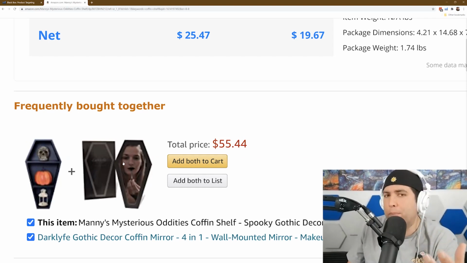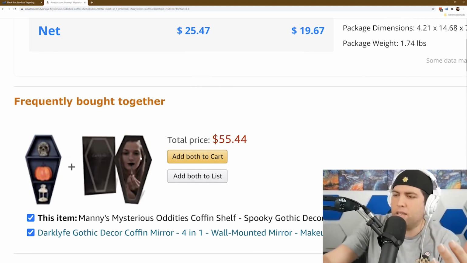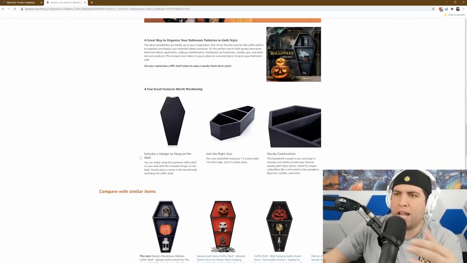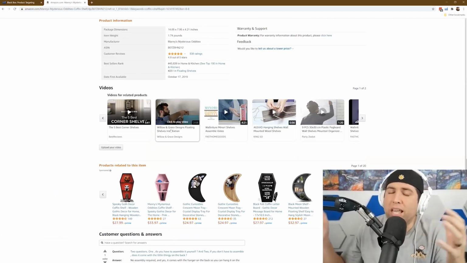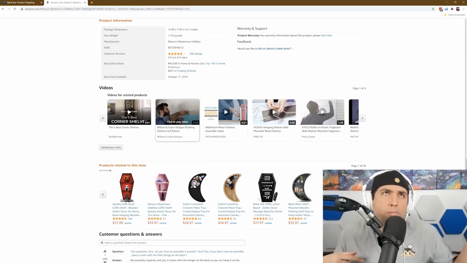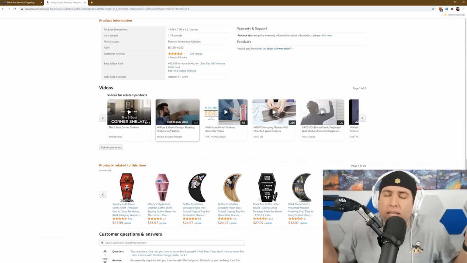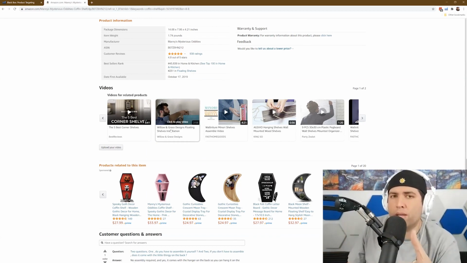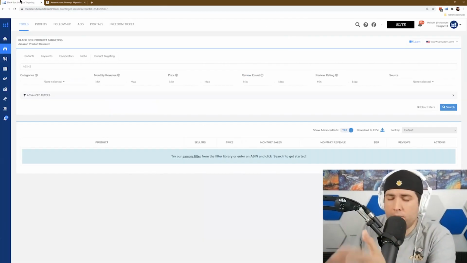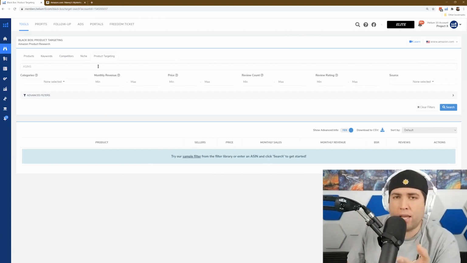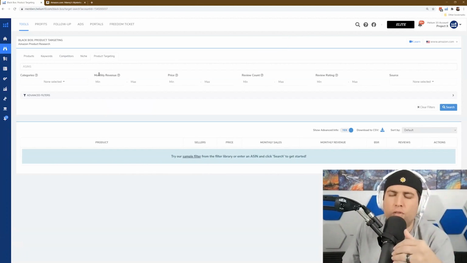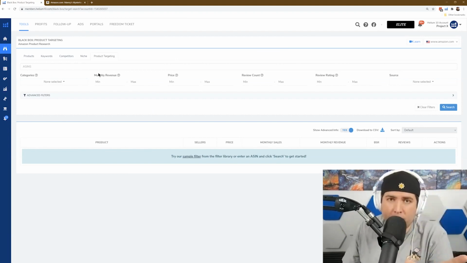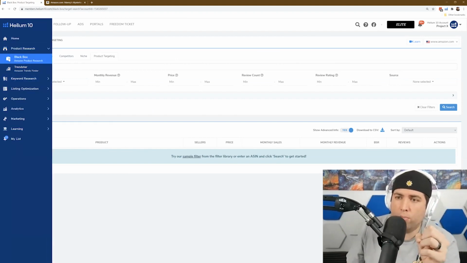And I'm going to have a competitive advantage because, as you can see, the ones who are bidding the highest seem to be other products. And I don't need to guess, would somebody who is buying a coffin shelf like a coffin mirror? No, I'm not guessing that. I literally have that data from Amazon because they're showing me that. So you can do that just on Amazon itself, or you just enter in the ASIN and we'll show you all of the ones that have a history of being on the frequently bought together or customer also bought section.